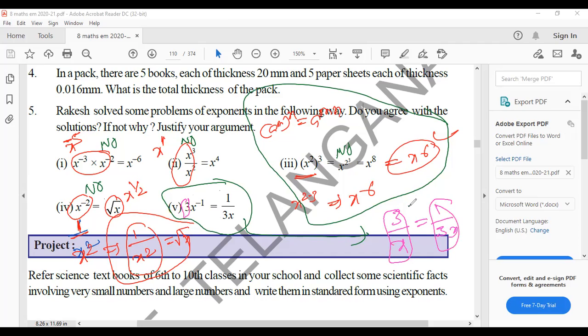So when you're doing the problems, you must be very careful and very clear about what you are doing. Presence of mind is very important. 1 by 3x here: 3x inverse means only x is coming down, not 3. 3 should be on top only. X should come out. So 3 by x is not equal to 1 by 3 by x. So simple. The answer is no only. Clear? These are all very, very important.